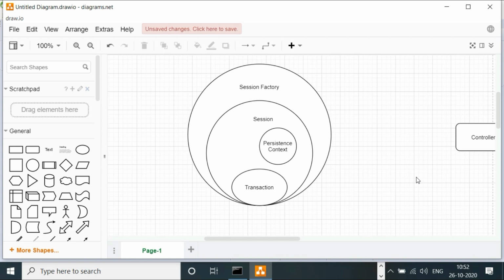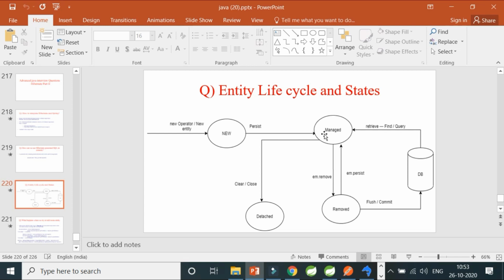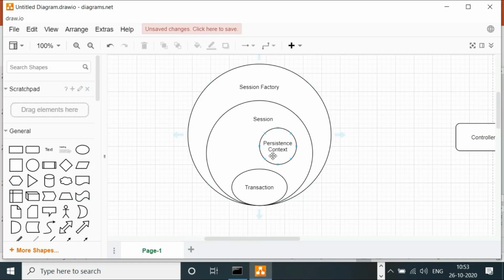Similarly, when you start your application and you try to fetch a particular entity with a given ID, the persistent context is currently empty, so there is no first level cache. So when you ask for that object, it comes into the persistent context and then comes to you. Basically that object comes in the managed state, and then you can get it yourself. So these are the two main states, the new state and the managed state.